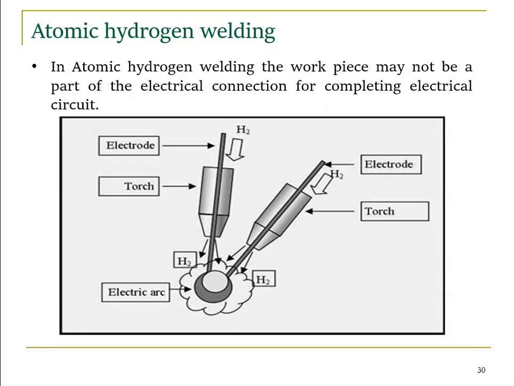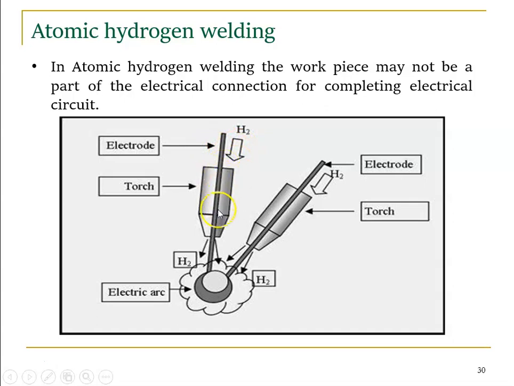The name implies atomic hydrogen, but here the temperatures are generally not created with the help of an electrode, right? So in atomic hydrogen welding, the workpiece may not be part of the electrical connection for completing the electrical circuit. So again, we have two electrodes, right? It is surrounded by one nozzle, and the hydrogen is circulated